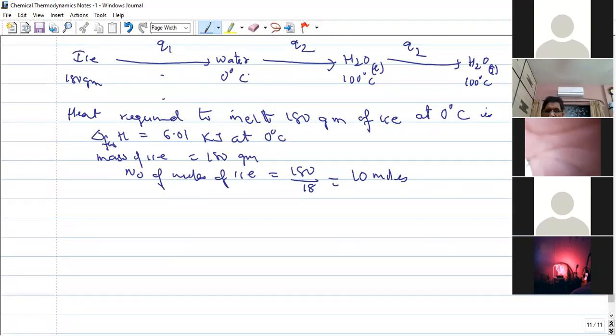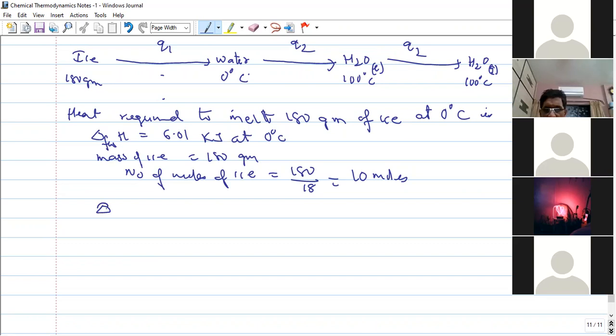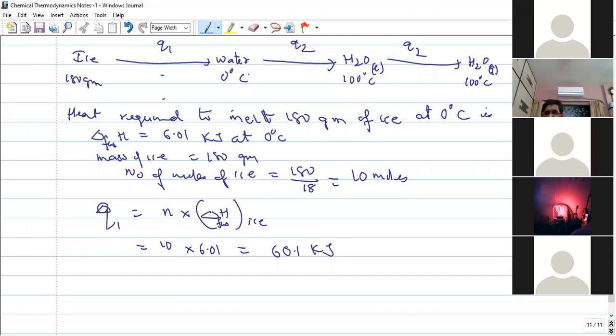You got 10 moles. The number of moles of ice is 10 moles. So delta H of Q1 is equal to N into delta H fusion of ice. N कितना आया 10 into 6.01 and that is equal to 60.1 kilojoules. Q1 is equal to N into delta H fusion. ये Q1 मिल गया। अब Q2